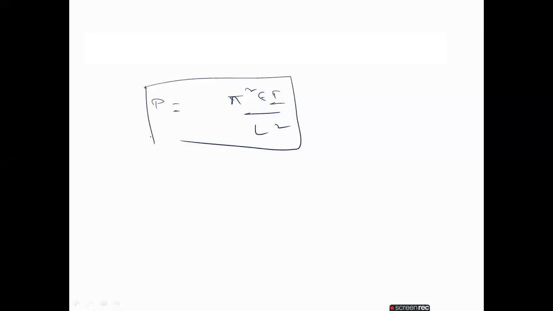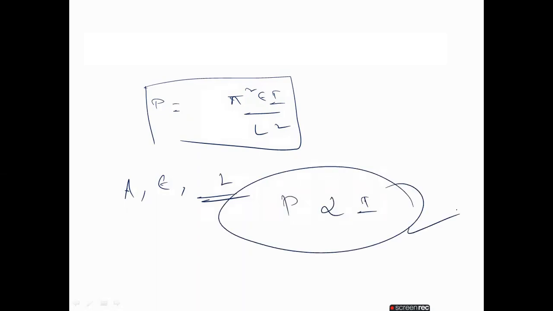Now the buckling load of the column from Euler's formula is P equal to pi square E I by L square. This is the formula for the buckling load of the column. Now, the material and length are the same, the cross-sectional areas are the same, and the end conditions are the same for both solid and hollow shafts. Hence Young's modulus and L are the same for both shafts. So the buckling load is directly proportional to I.